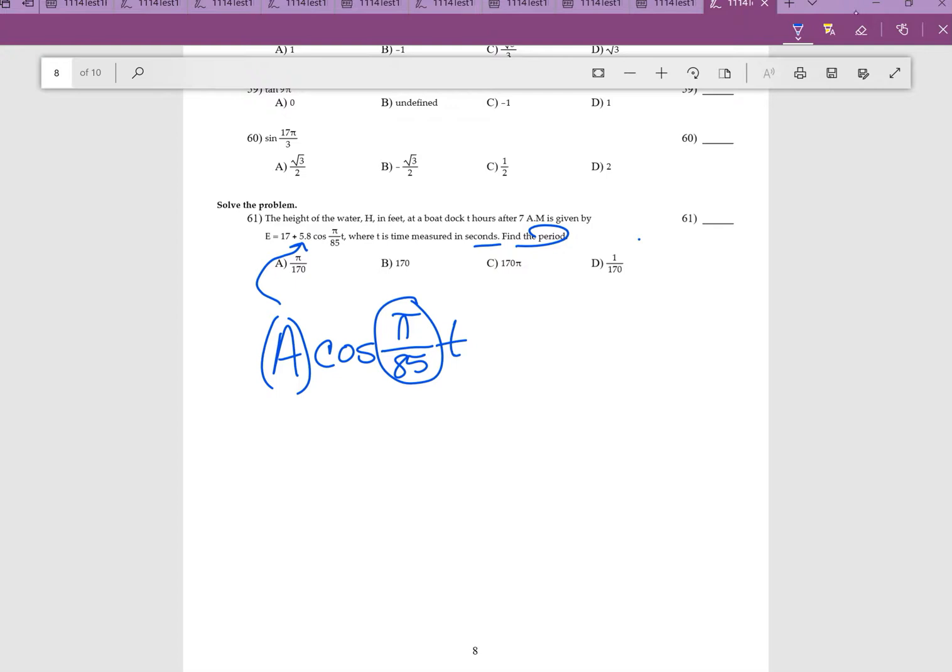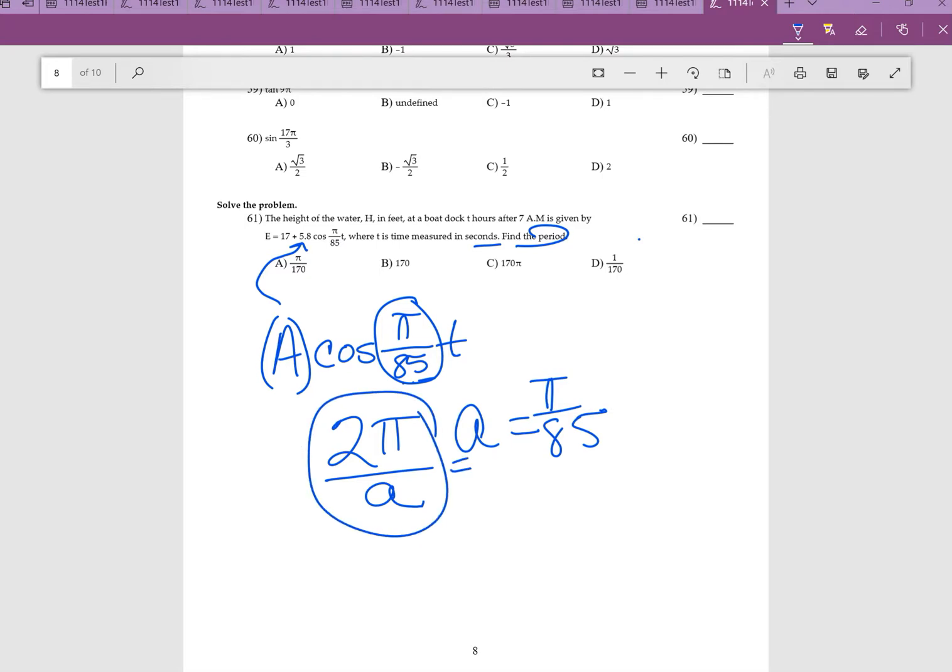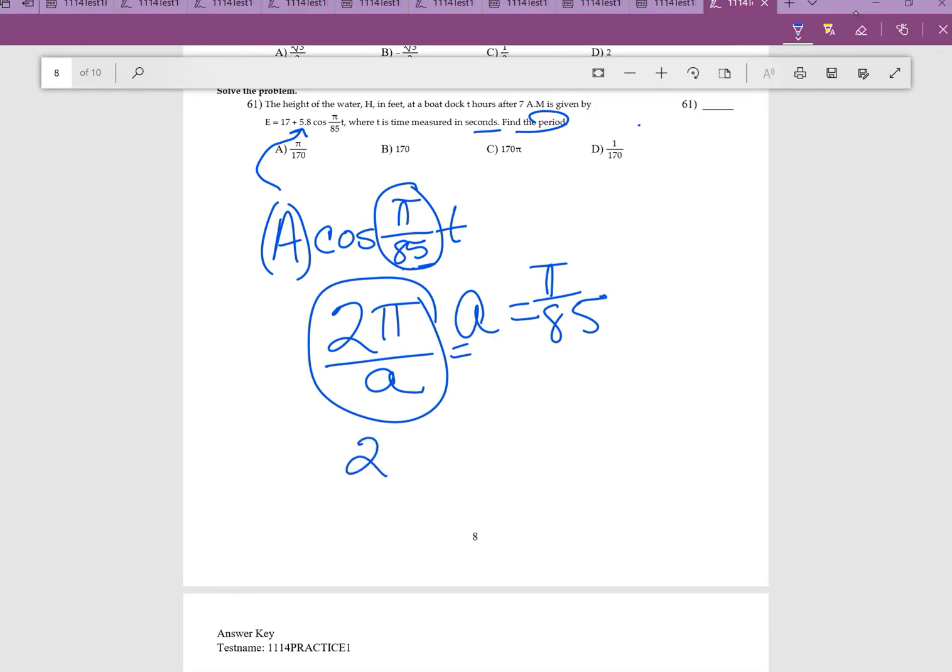Well, technically, these functions, written in this manner, are set up so that the formula that is applied to find the period is 2 pi over a, where, in our case, our a value is the value in front of the t, which happens to be pi over 85. So if I employ this formula, I'm going to end up with 2 pi, which, if you recall my drawing, I said to you the one period ends at 2 pi. So 2 pi over